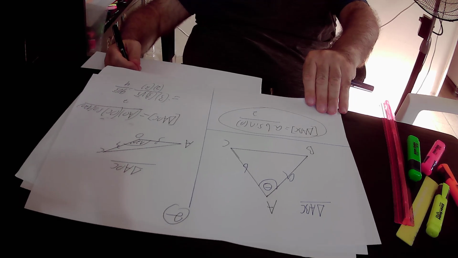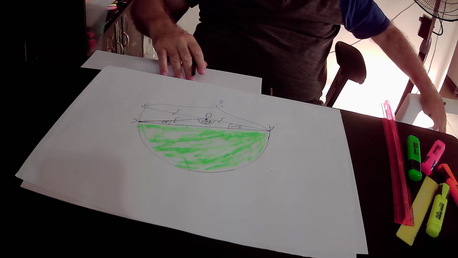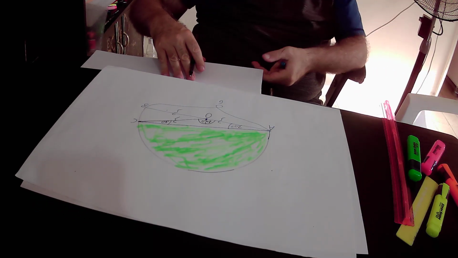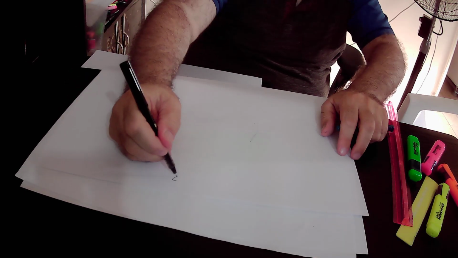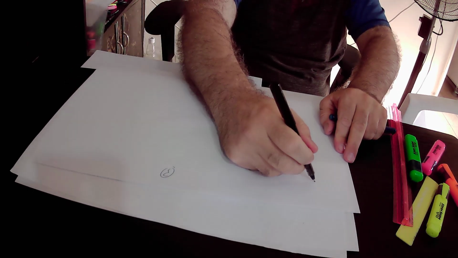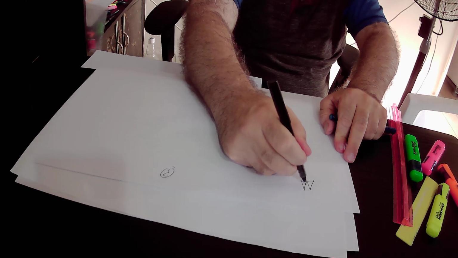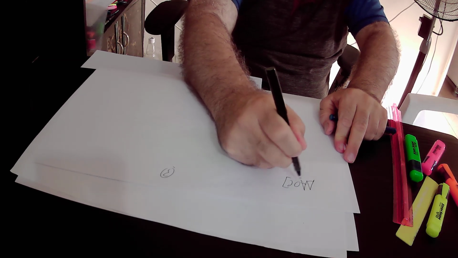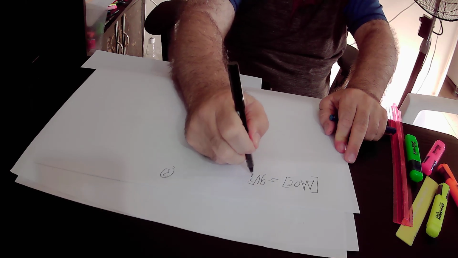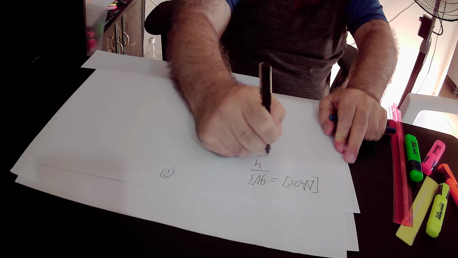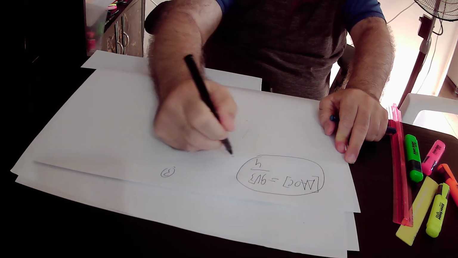So in conclusion, we found out that the area of triangle AOC is equal to 9 times square root of 3 over 4 square units,